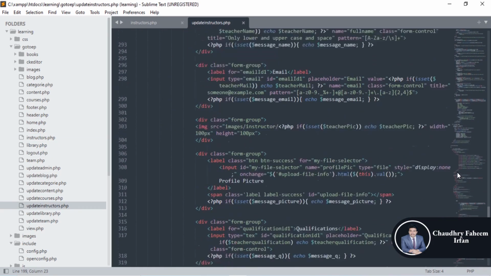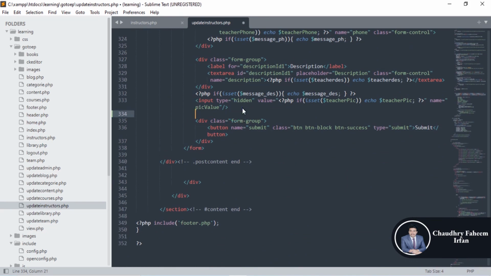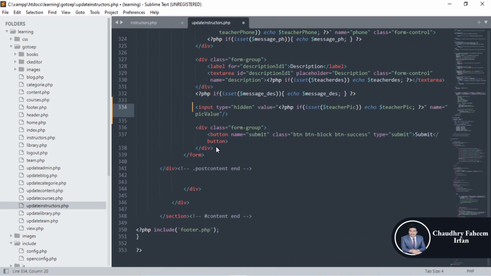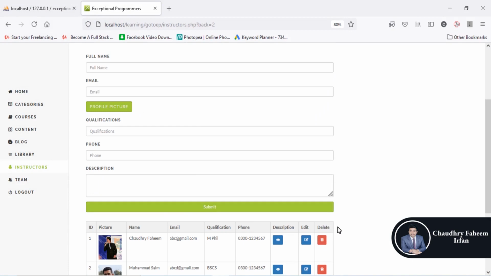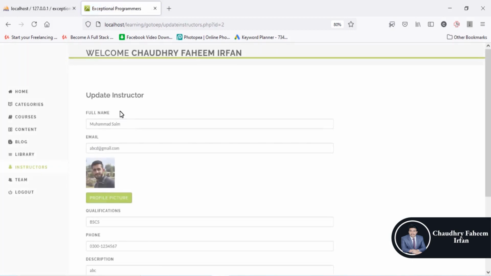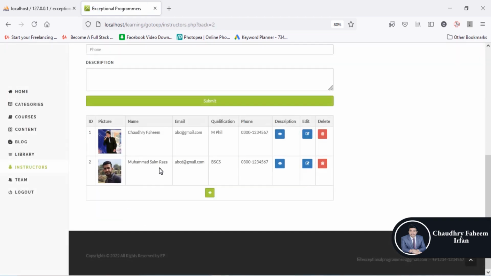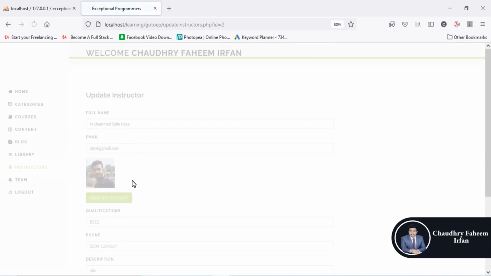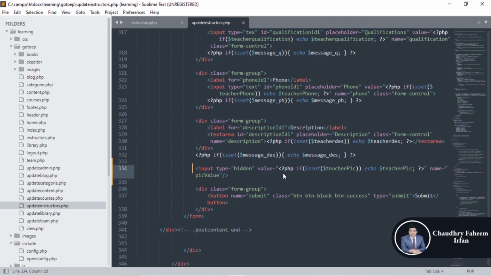If the user doesn't want to change the picture, you can send the old picture by using a hidden input. The pic value is the old picture name. If the user just wants to change the name, in this condition he or she need not click on this button to upload the photo, so the old value will be stored in the database.